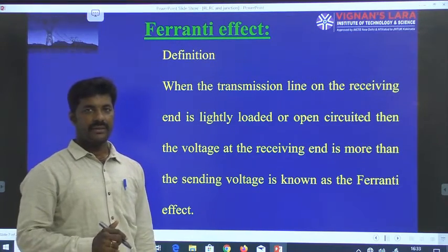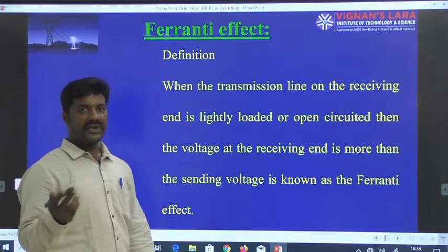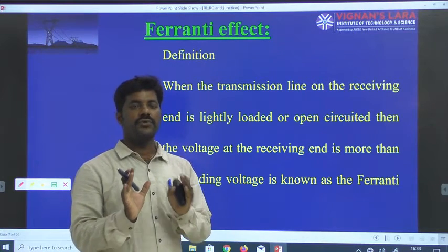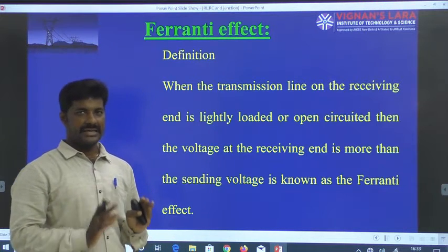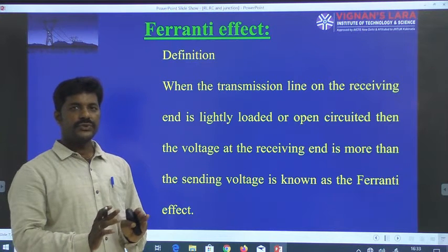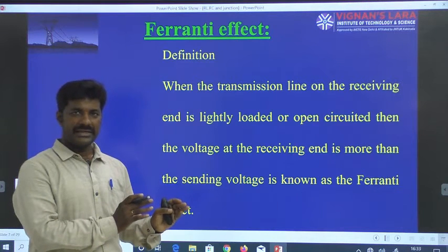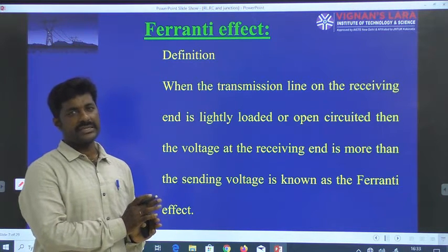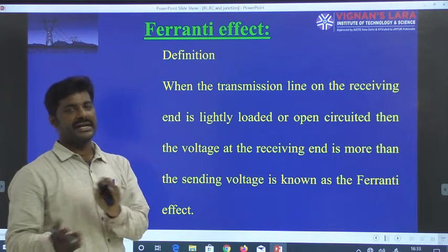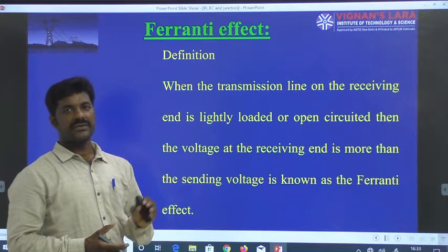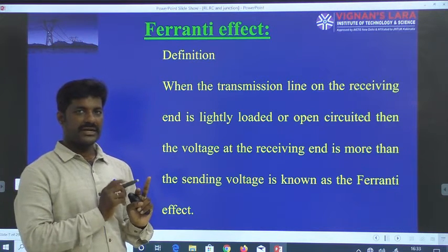So far we discussed the skin effect and proximity effect. The skin effect is nothing but a tendency of non-uniform distribution of the current. Non-uniform distribution of the current is called skin effect. Whereas proximity effect is due to two conductors lying in the same region. Whenever one conductor is carrying high currents, because of transmitting high voltages, those currents will lead to the generation of fluxes. Those fluxes link with the adjacent conductor, a mutual effect. Because of that, resistance gets increased. So two effects we discussed up to now: skin effect and proximity effect.